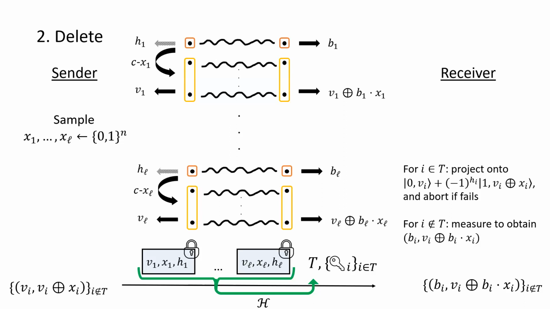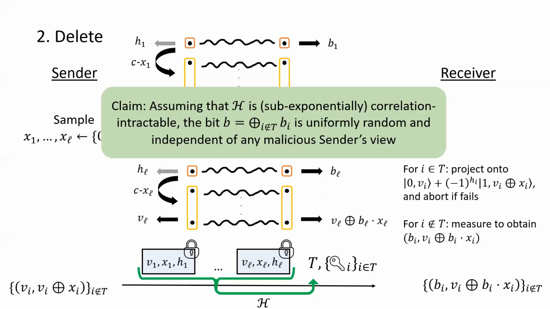Maybe the sender was dishonest in a couple of these positions and wasn't caught, and they completely know some of these bits. So really the heart of the security proof is this claim: we managed to show that, assuming this hash function is sub-exponentially correlation intractable, I won't really define correlation intractability,